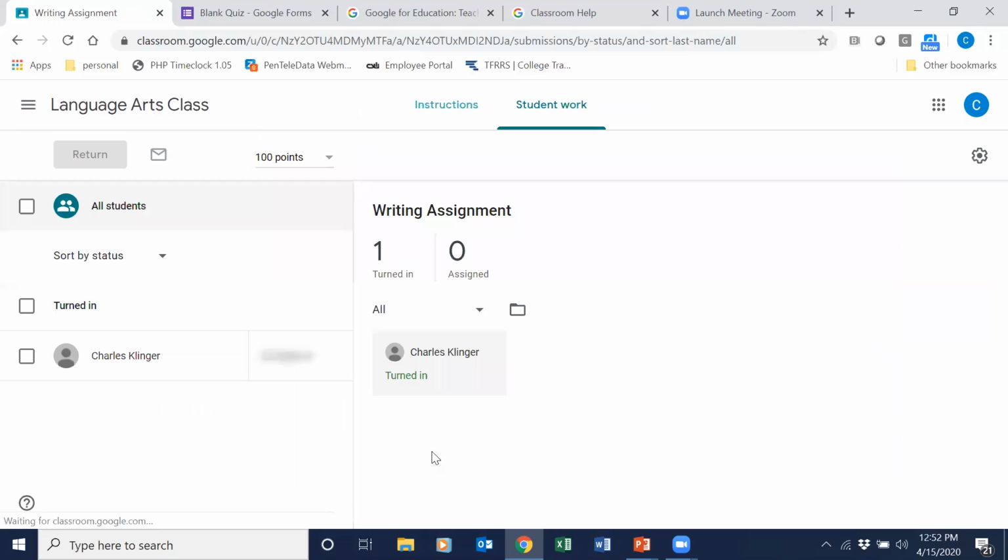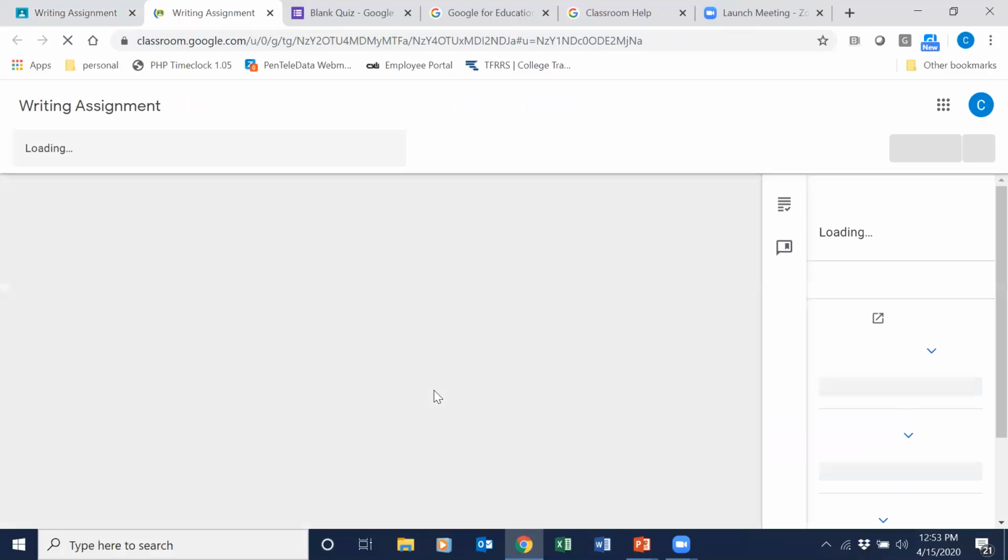And then I did a response to it. As you can see, one writing assignment was turned in. When I go into my language arts class, I can see this particular writing assignment I had, and that's this assignment right here. If I click on this assignment, notice one turned in. That zero assigned means nobody's left to turn it in. Like if I had 5 students and 3 turned it in, then it would be 3 turned in and 2 assigned. But if I click on this writing assignment,